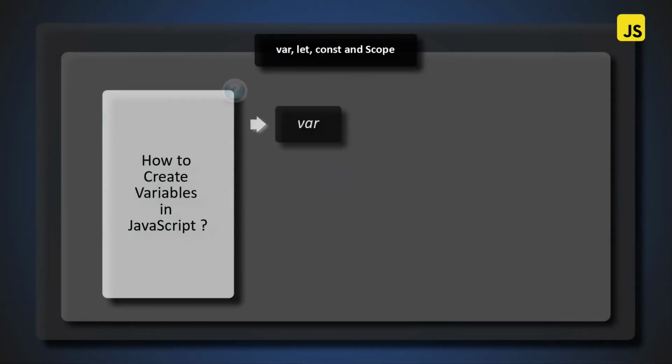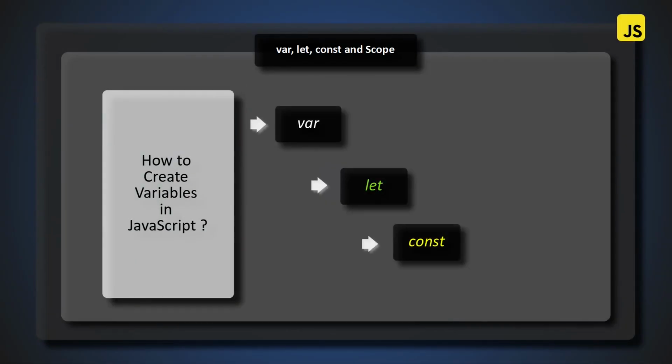In JavaScript, we have three main ways to create variables in order to store data in memory, so it can be used by the program whenever needed. And it is by using these three keywords, provided by the language since ES6, when let and const were included, as before that, only var was available. And even though now it is not recommended to use it anymore, you'll see why in a minute,